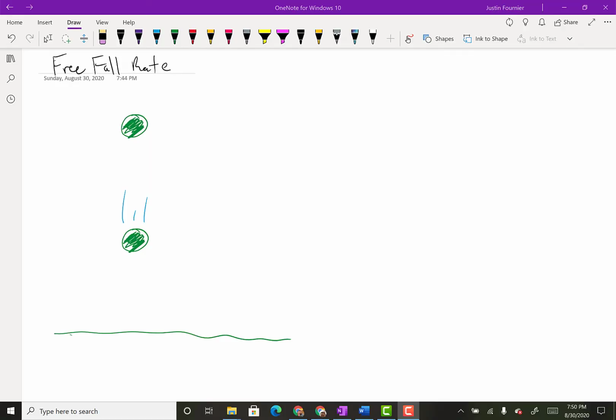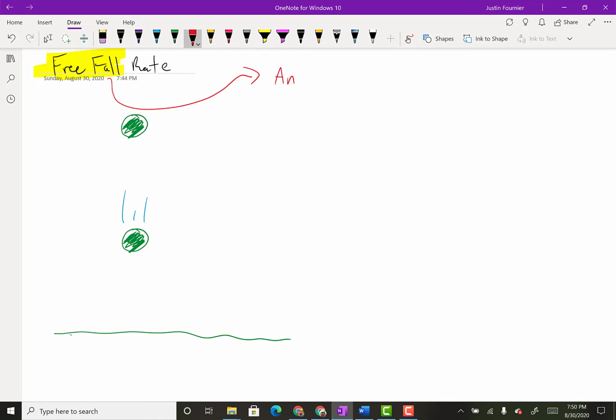So the big thing to get out of this is that in free fall, when objects are only under the influence of gravity, they all fall at the same rate. So all objects fall at the same rate if they're in free fall, which means only under the influence of gravity. So yeah, all things fall at the same rate when they are in free fall. And free fall is defined as